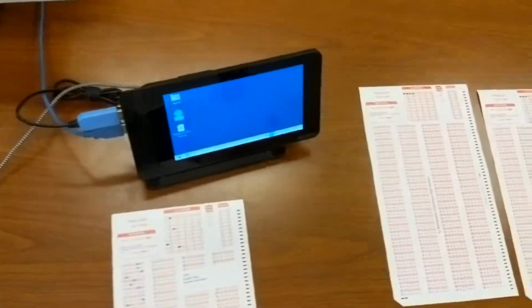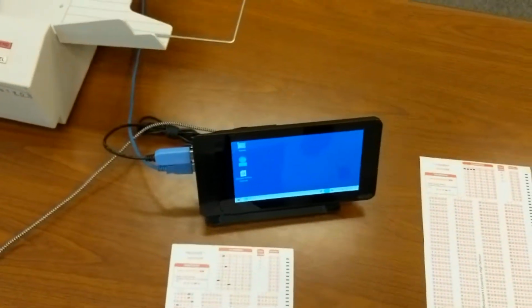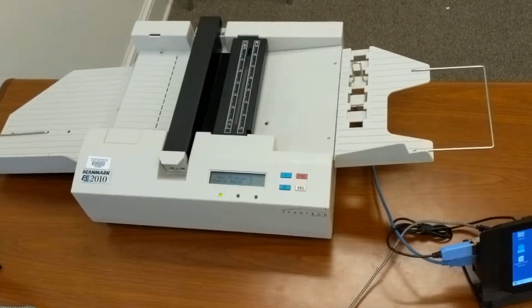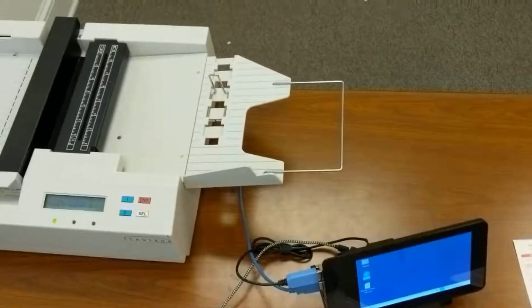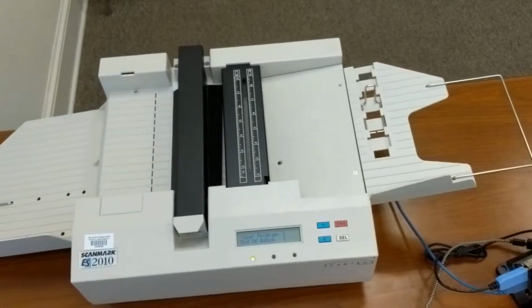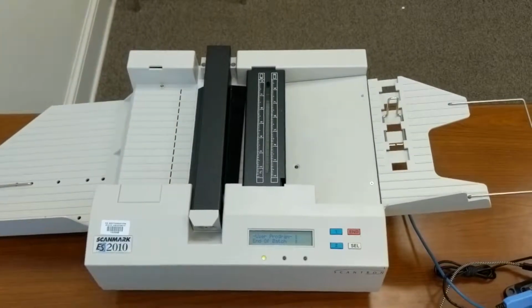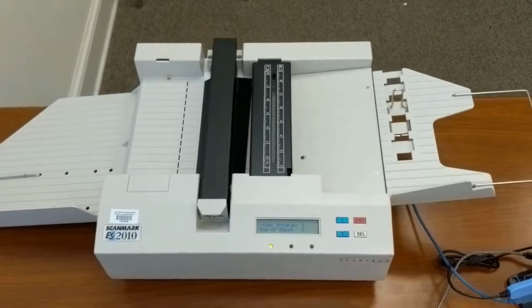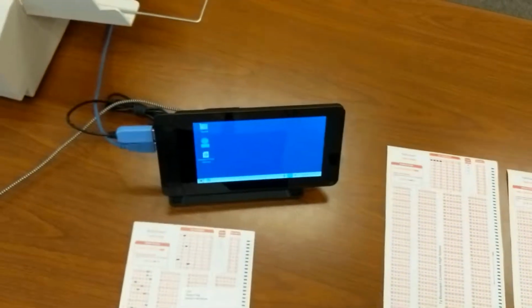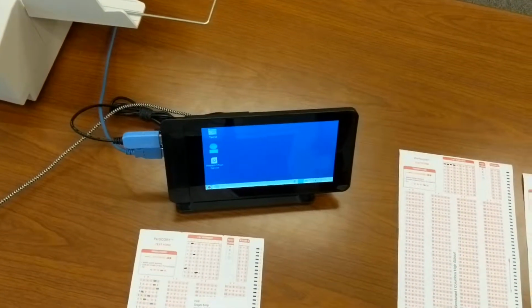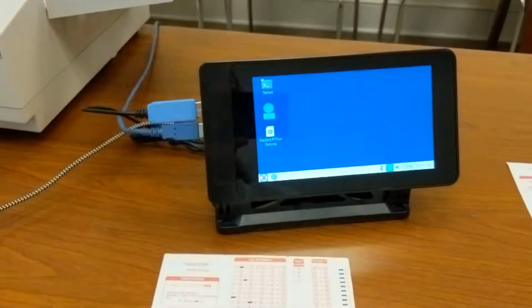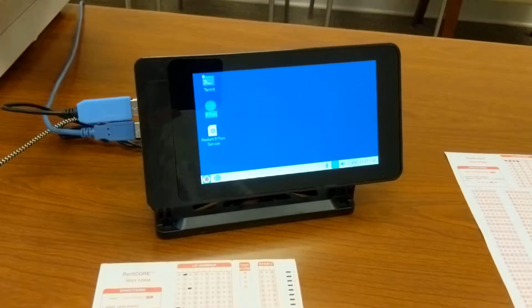So we decided to use Raspberry Pi for the purpose of controlling the Scantron machine. What we've done, we sniffed the proprietary protocol that is used between the Windows 98 computer and the Scantron, and we mimic this protocol as the software in Raspberry Pi. This is, by the way, the Raspberry Pi with a touch screen,